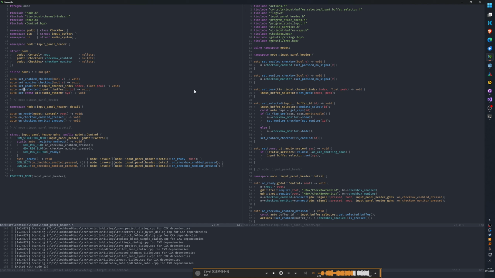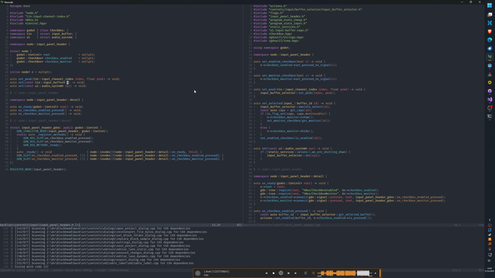Input panel header. I'm just going to pass in this instead, which gives me all the information I need. Get rid of these. Just simplify this interface.